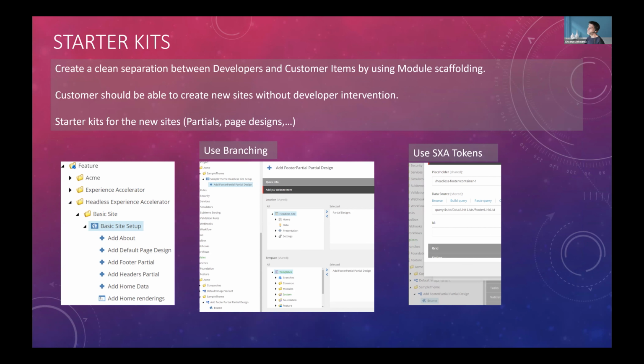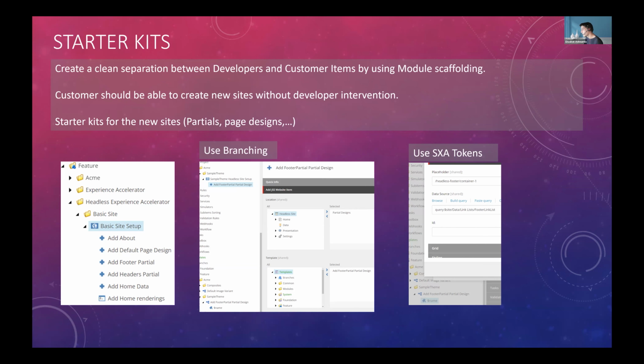That means one of the benefits of the SXA is the content authors, or basically the customer, can easily create new websites, and xmCloud also promotes that. You can see they have also created this functionality on the xmCloud dashboard. That means using the dashboard, you can just create a new site with a few clicks.